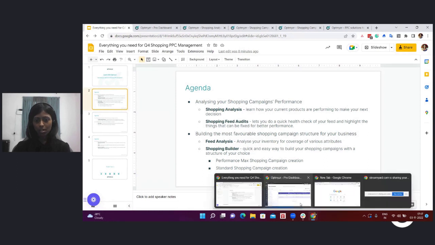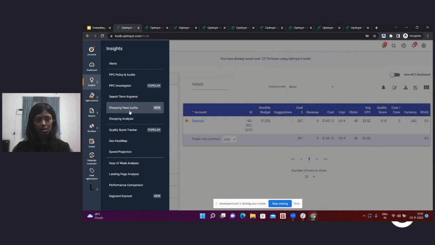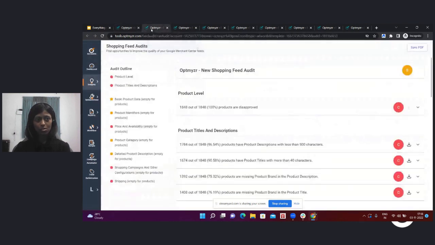So let me very quickly switch to an account. Here you will find this tool in the analysis section again. Please don't be worried if you see it on my screen and you don't see it on your end. This is because this is a very new tool right now,